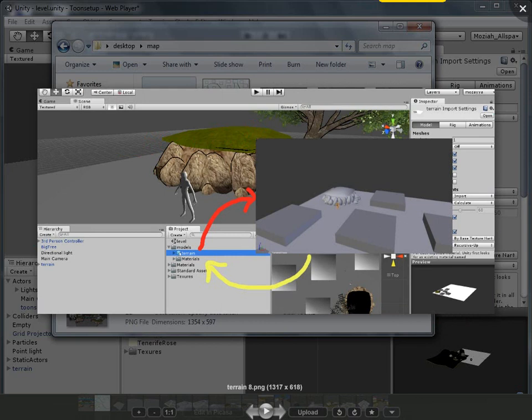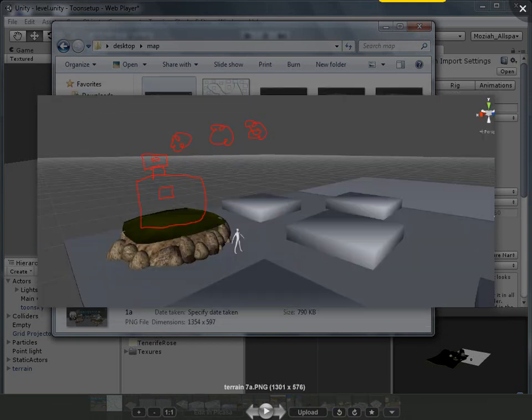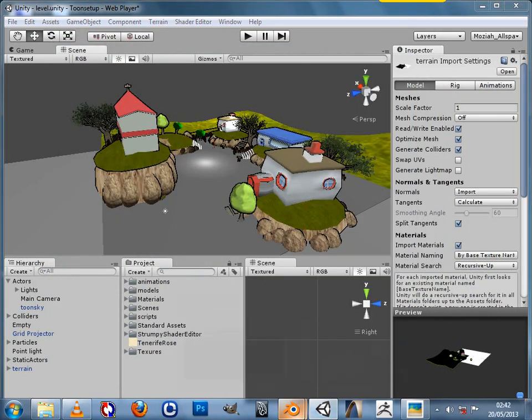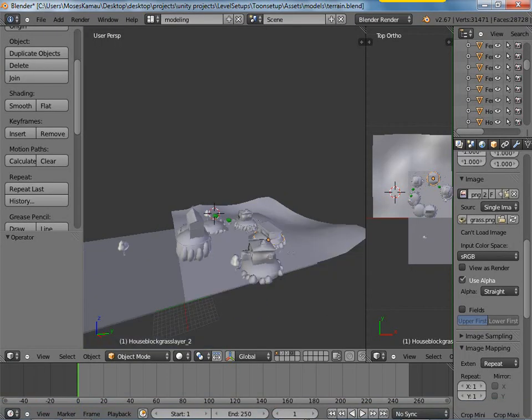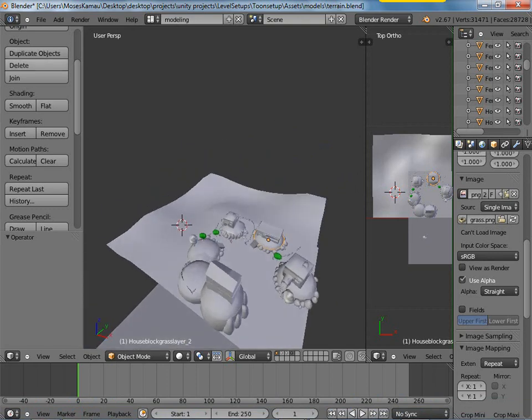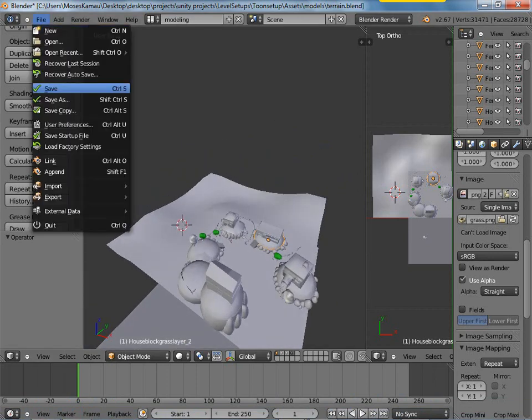And this is what I wanted to show you. This was the blend file. I did this in Blender. I had modeled this in Blender. So what I did, I went into the save, and I saved it